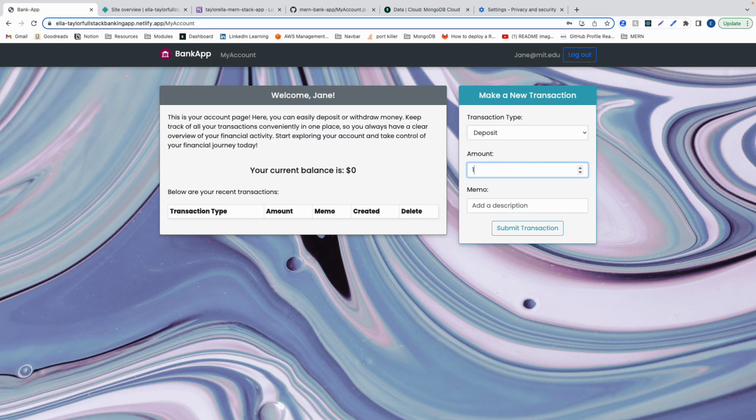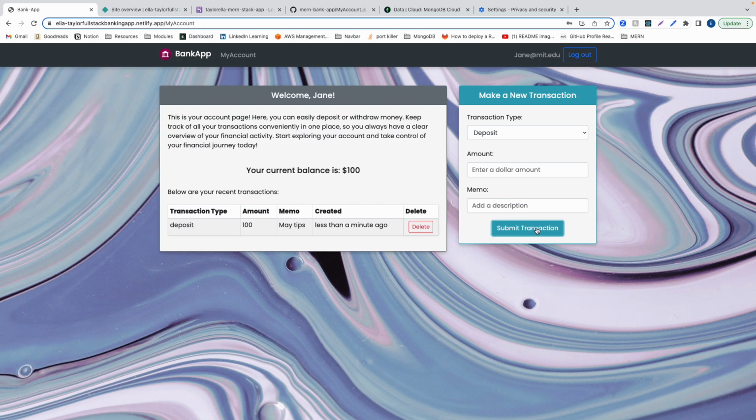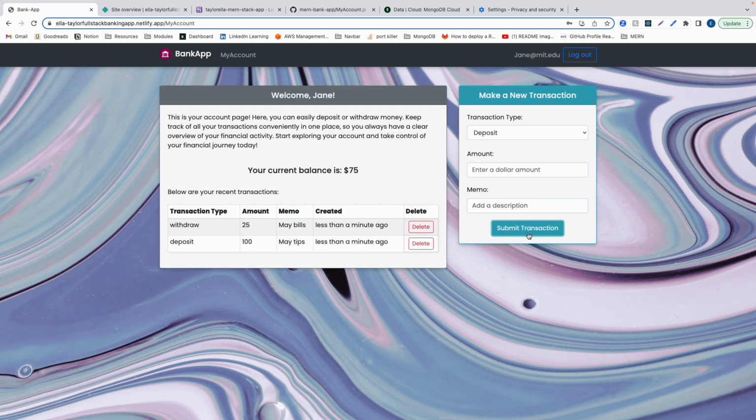So we will deposit $100, and let's say this is for May tips, and submit the transaction. You can now see that the transaction is displayed in the recent transactions table, and her balance has increased to $100. Let's go ahead and withdraw an amount, 25, and say May bills. Submit that. You can now see it under her recent transactions table, and you can see that her current balance is $75. Let's go ahead and log out